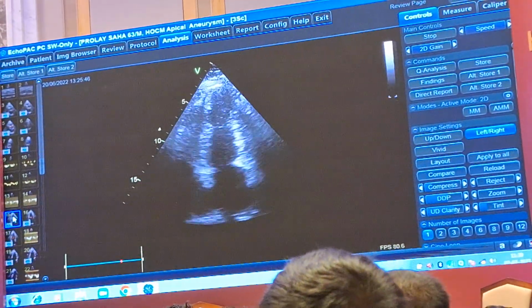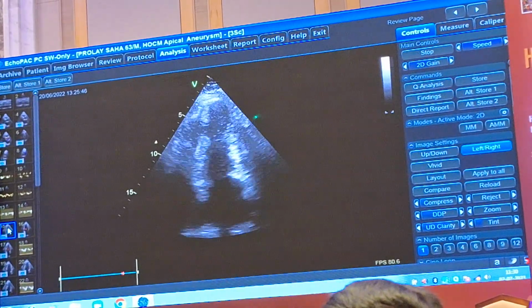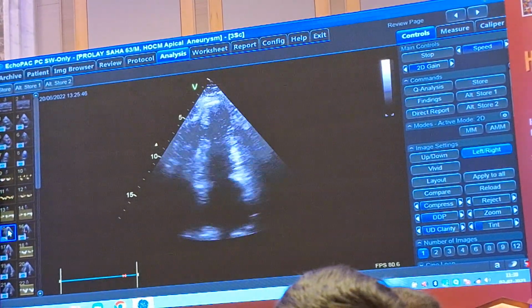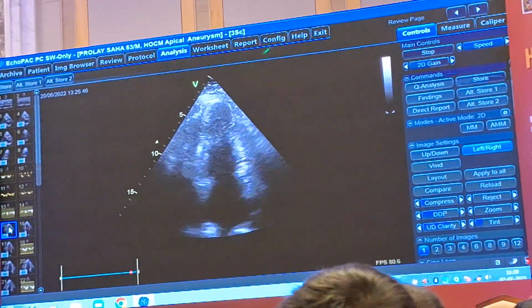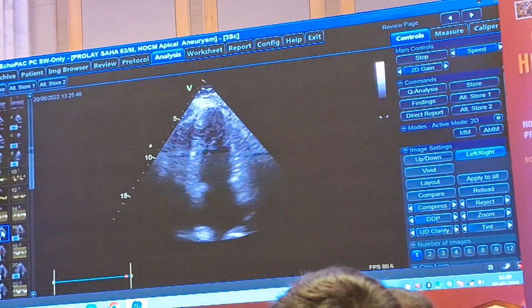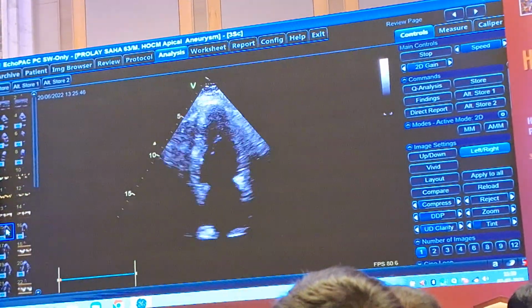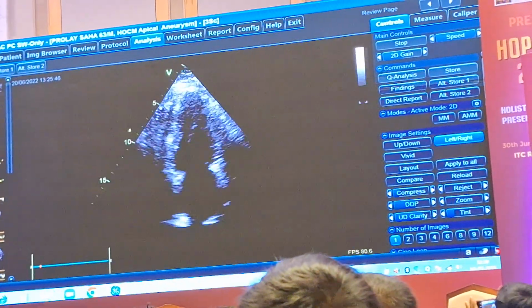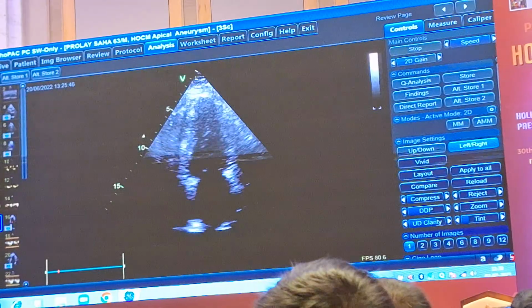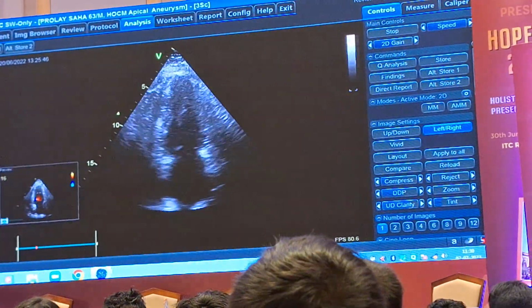Look at this LV, left ventricle. I'm showing you the apical four chamber view. Look at the particularly apical part, and the apical third part. But not in the basal part. The basal part is also thick, but not much. When you try the other views,